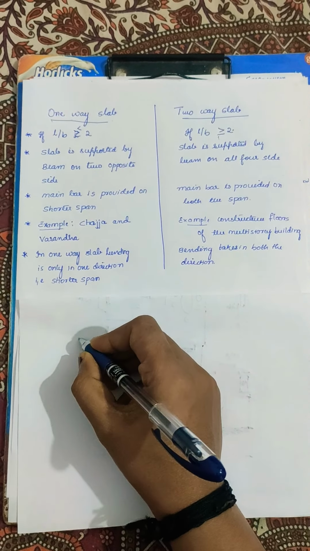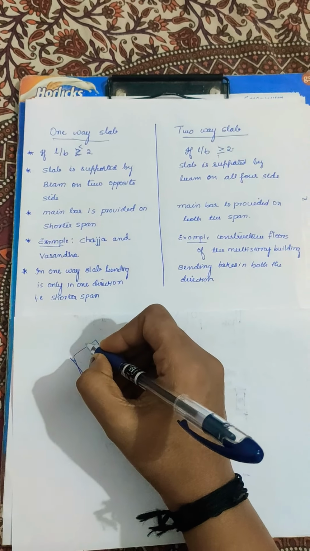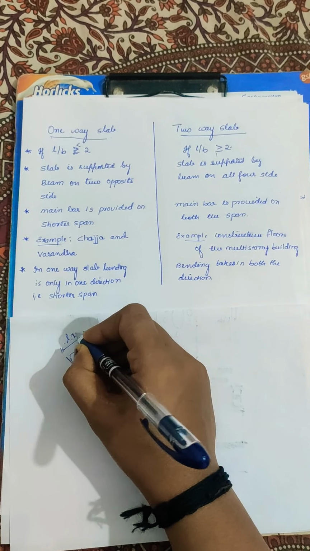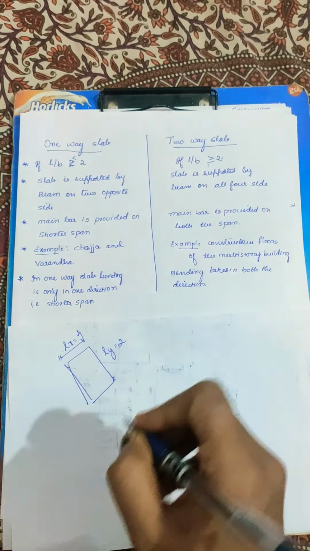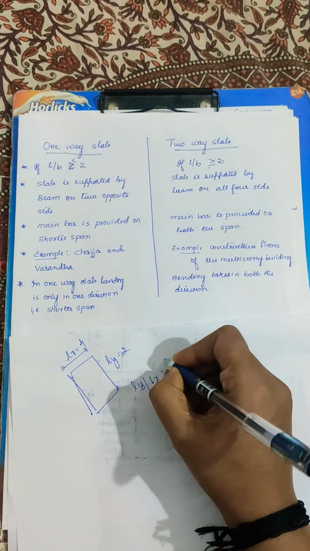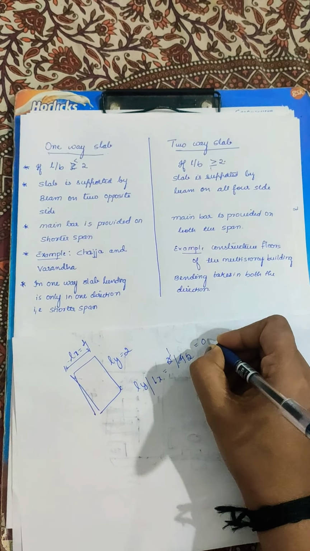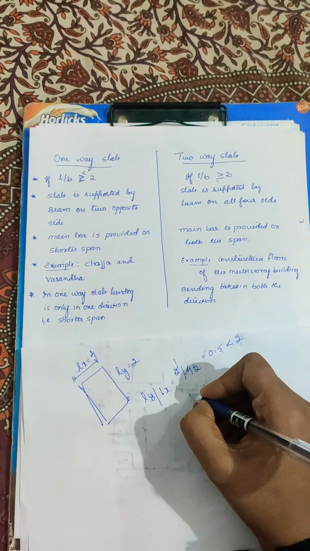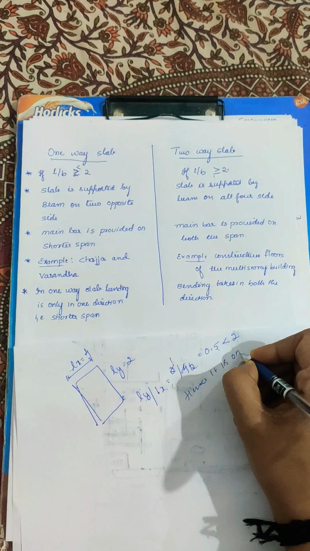For example, let us consider a slab where Lx will be equal to 4, Ly will be equal to 2. So if the ratio is Ly by Lx, it is 2 by 4, that is 0.5, which is lesser than 2. Hence it is a one-way